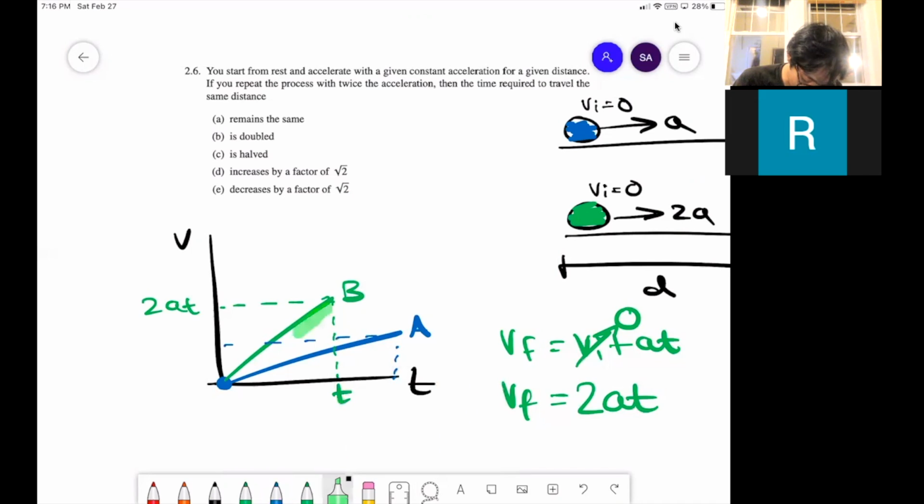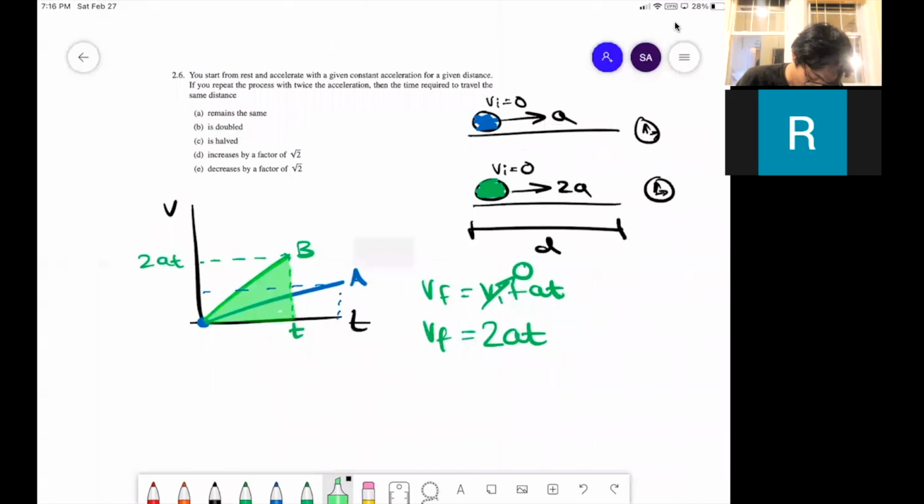What's the area under this green graph? How can we find that area? Well, that area is as simple as literally half